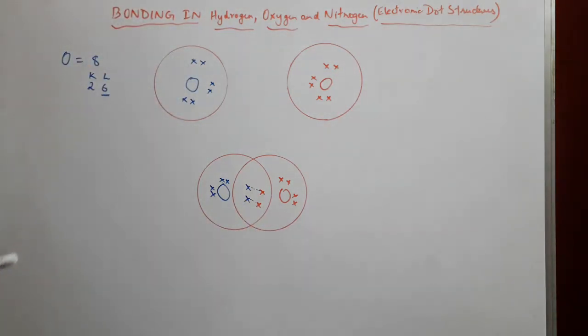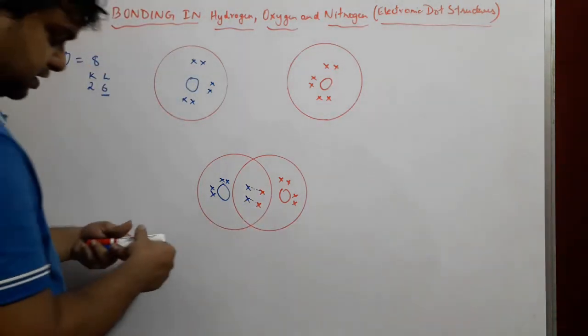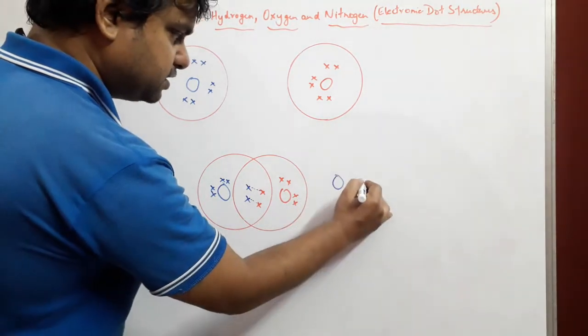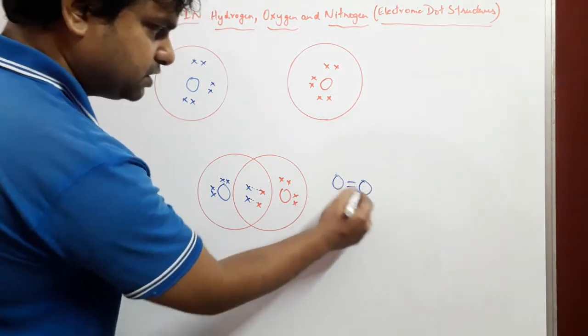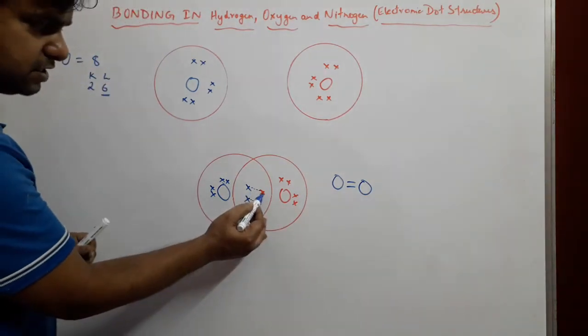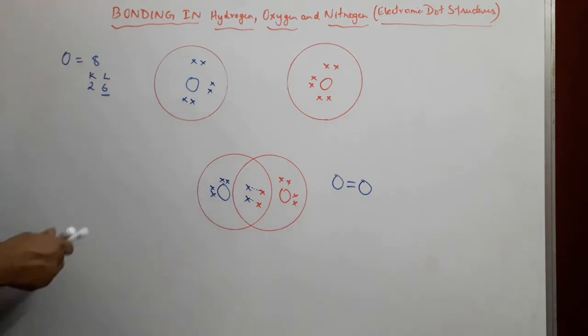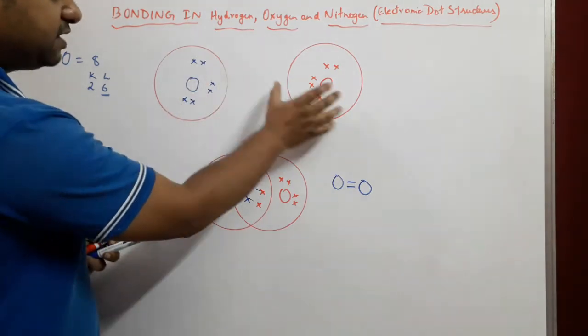So that means there are two bonds between them, and when you look at the structural formula of oxygen, it will look something like this. Bonding between two is a double bond. So this symbolizes one bond, this symbolizes the second bond between them. Okay, the reason why this